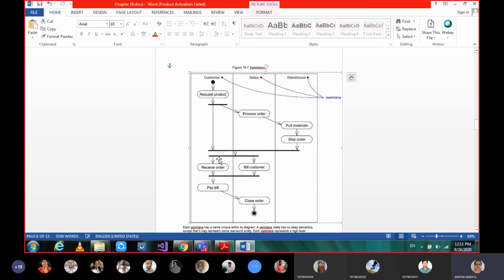And after joining, again these are subdivided. So the customer will receive the order and the salesperson will prepare the bill. And again these two need to be synchronized, joined, and the bill will be given to the customer. And he will pay the bill, and finally the salesperson is going to close, and then we show the final state as the finish state or end state of that activity. Okay, so this is how we are going to draw the activity diagrams.